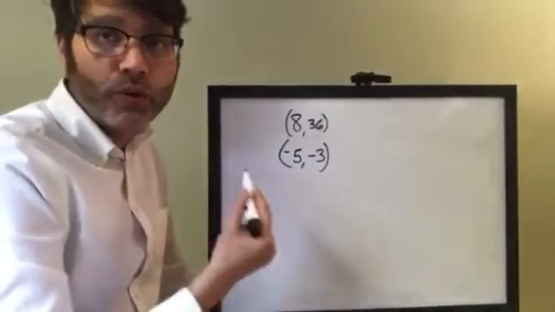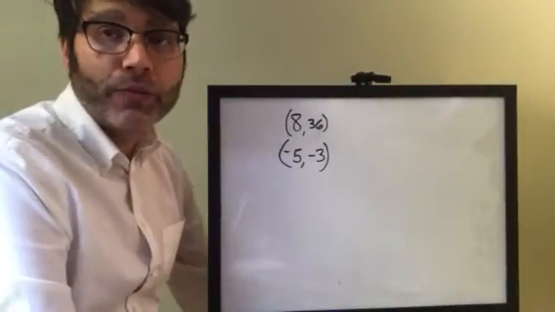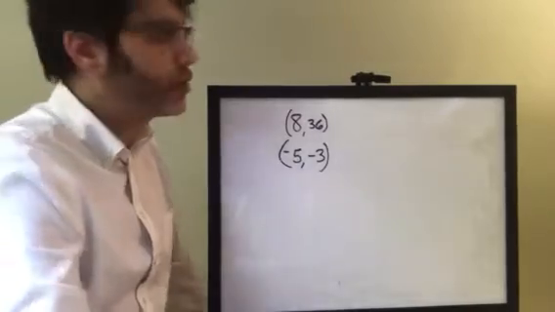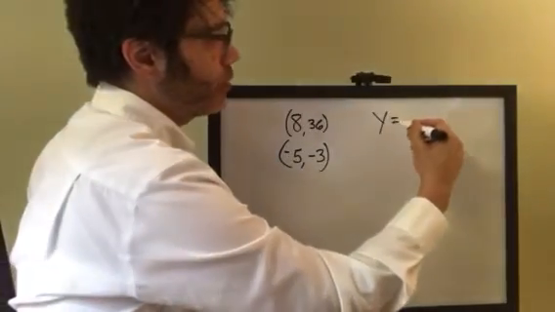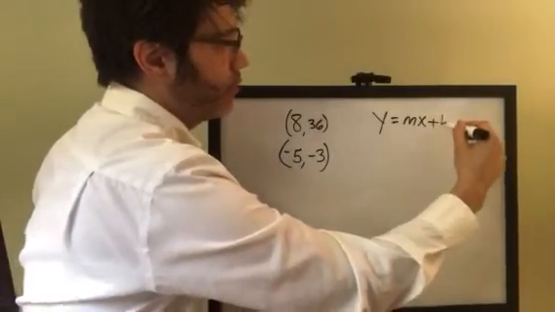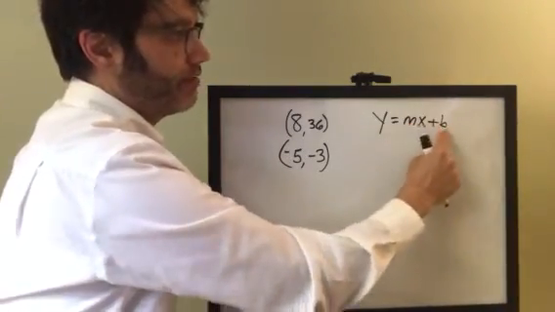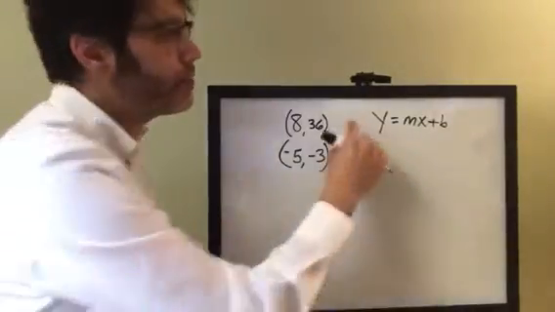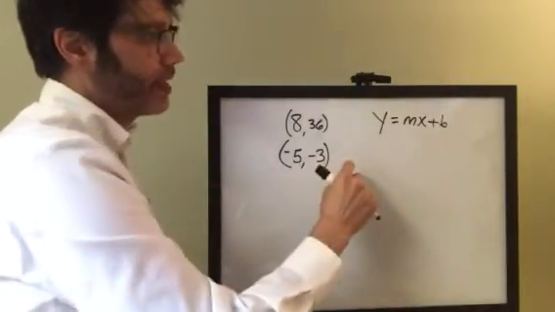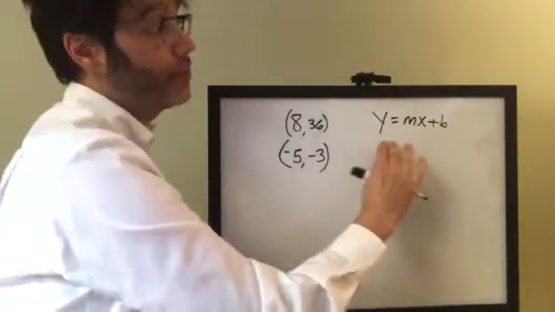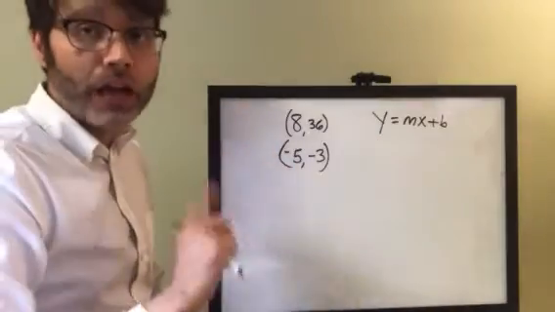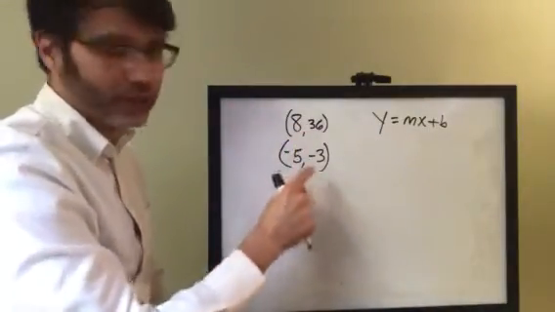All right, here we're given 2 points, no graph, and we need to come up with the slope-intercept form. Remember, slope-intercept form is y equals mx plus b form. We call it the slope-intercept form because the slope and the intercept are very clearly seen right here. So we need to come up with this equation. This is the general equation. We need to come up with the specific equation of a line that goes through these 2 points without writing